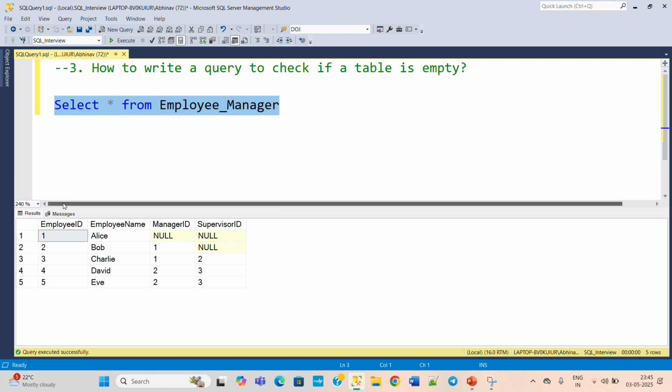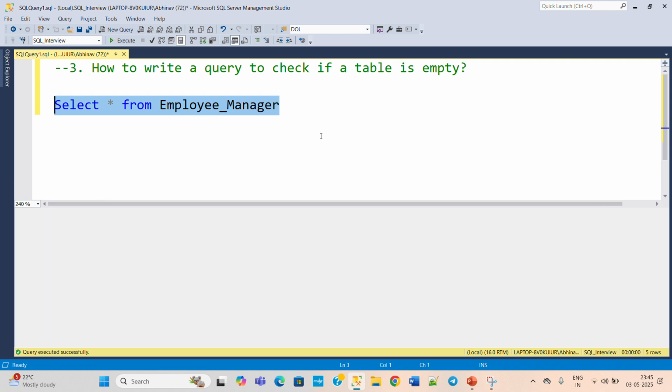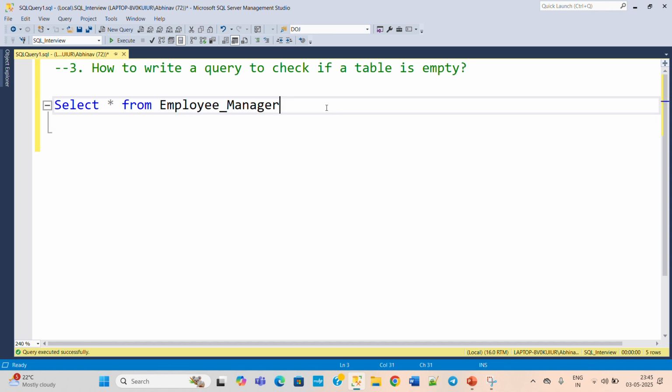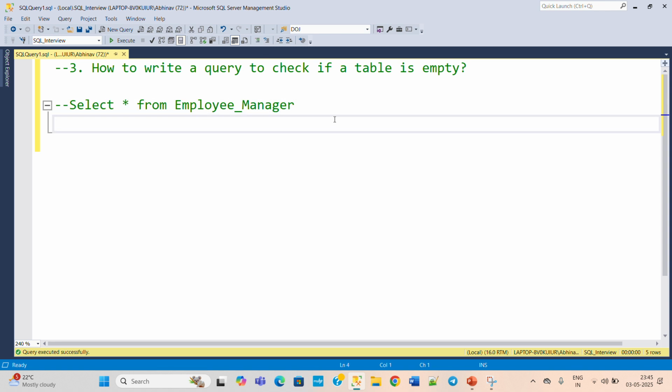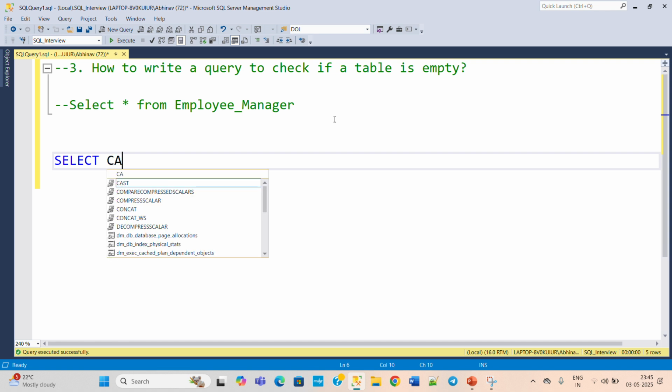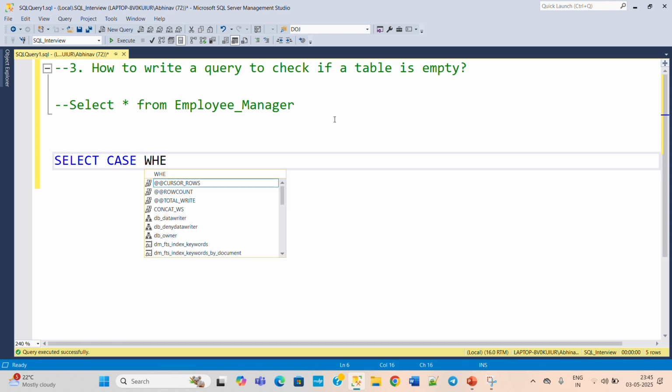Now we will check if this particular table is empty or not only by using a query. How to do this? For this the query will be like, one second. The query will be like select and then write a case statement. Case when